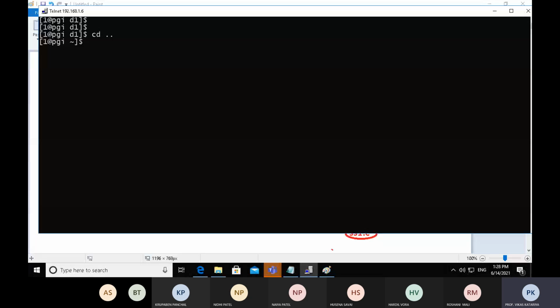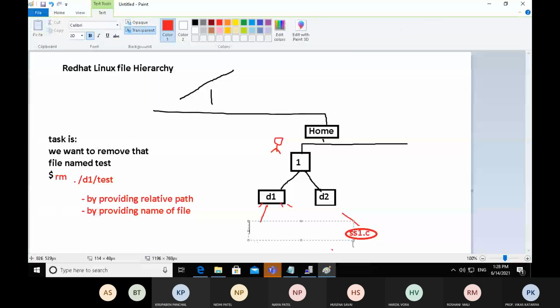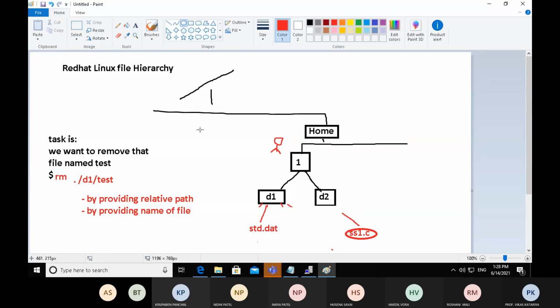Let's check. cd space d1. There is a file, suppose student.date. Now we want to move that file, which is under the d1 directory, into the d2 directory.